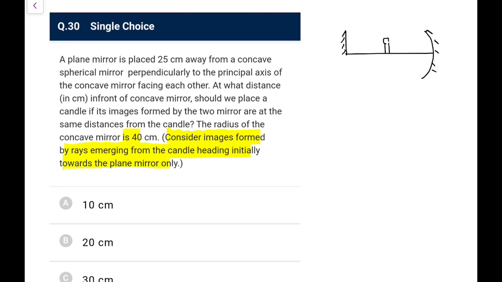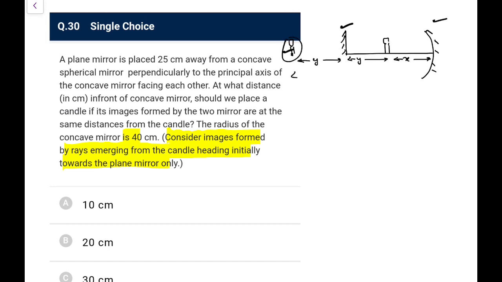So what we say, if it is placed at this distance, the distance will be the same. So let's say you have to find at what distance in front of the mirror. Okay, so let's call this distance y first of all. So this will also be y, and let's say this is x. So now you are very much sure both images are at the same point. This is the first image and this should be the second image, and we have to consider the rays which go from this mirror to this mirror. So it means the object is this and the image is also this.